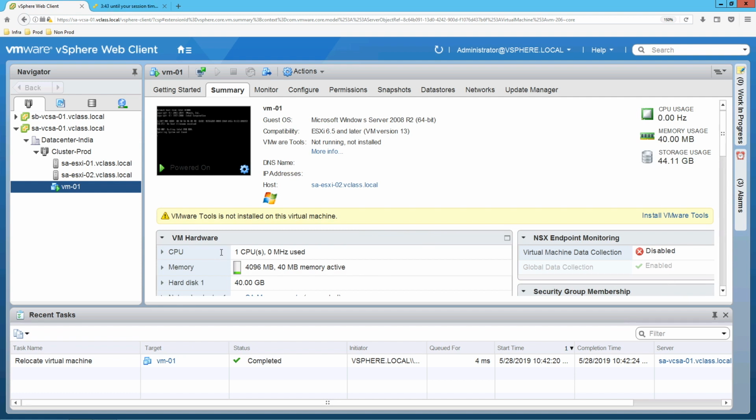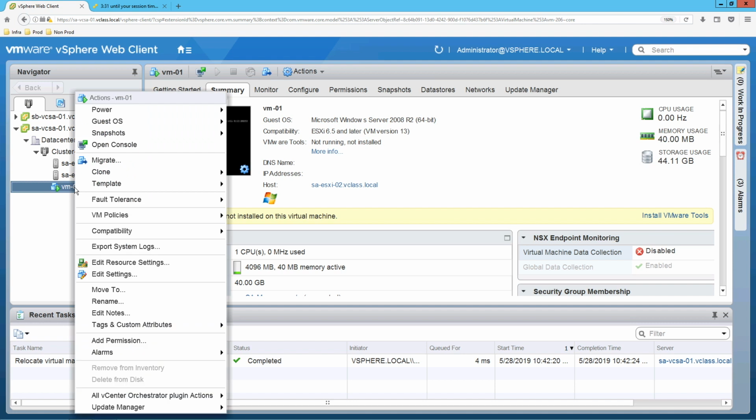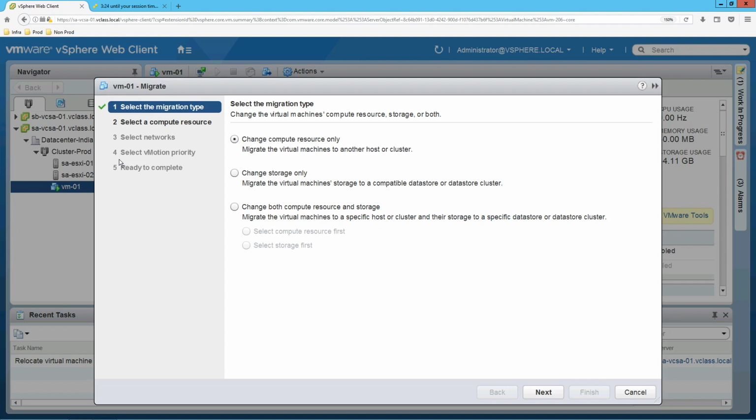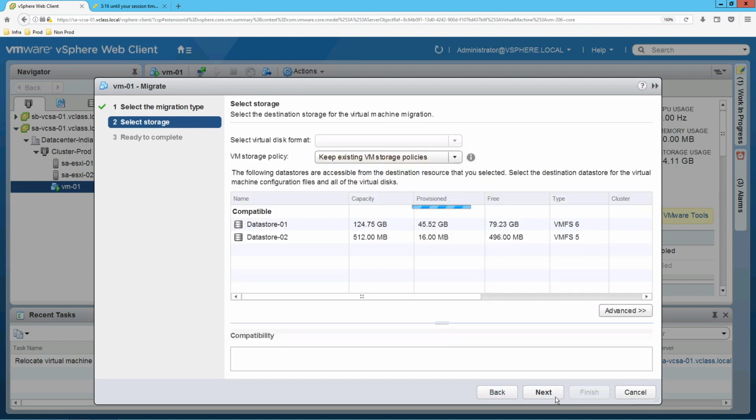Once you are logged in, select the virtual machine on which you want to perform the storage vMotion. Do a right click, click on Migrate, select Change storage only, click Next, and select the datastore.